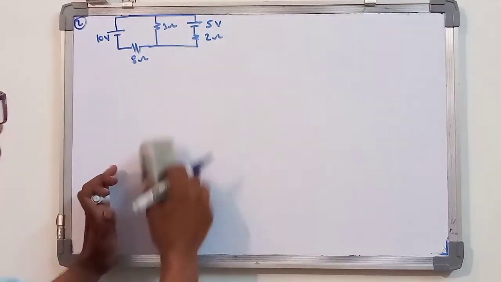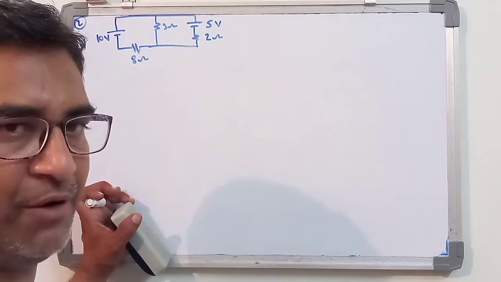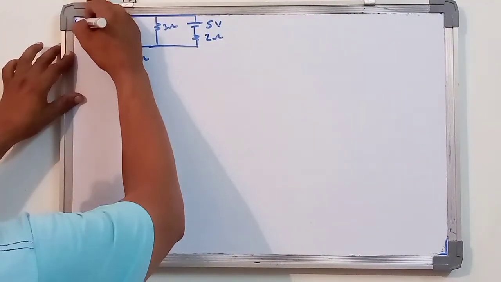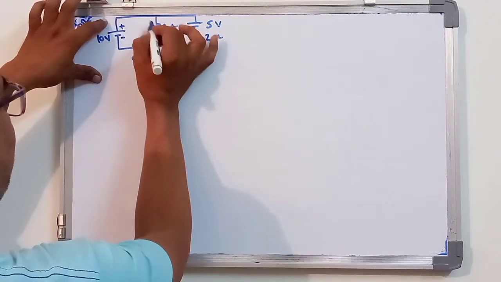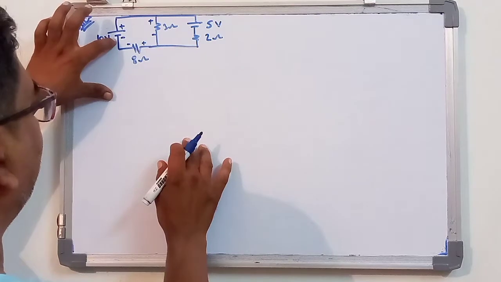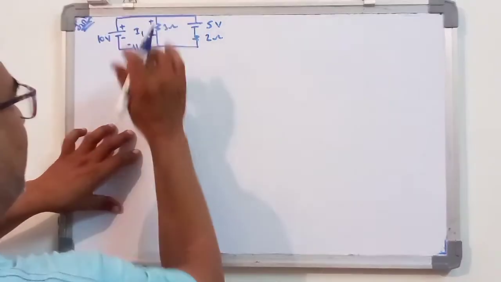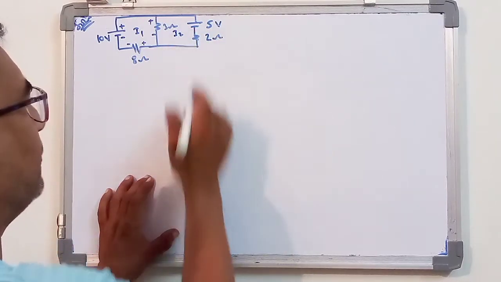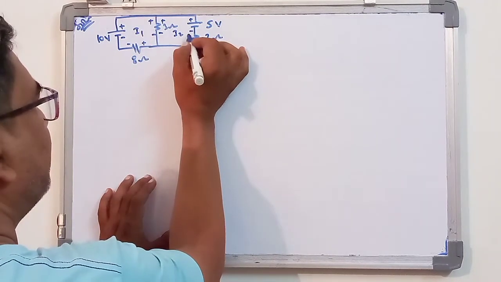After redrawing the circuit, what is the first step? The first step is to mark the positive and the negative polarity. Consider the first loop, the positive and the negative. Here again positive, negative, again positive and negative. Lastly the negative arises. Consider the current flowing in a loop, that is I1. In the other loop the current flowing is I2. Here again the positive and negative, positive to negative and then again positive to negative.